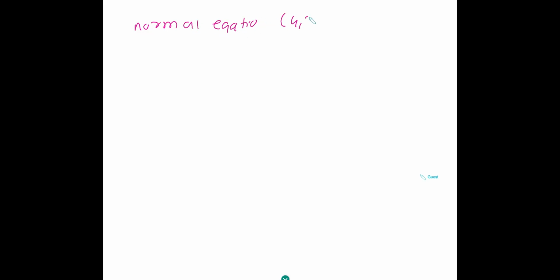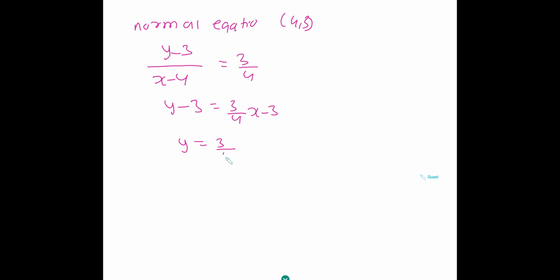Okay, so similarly, getting the normal equation at (4, 3): y minus 3 equals 3 over 4 times (x minus 4), and y minus 3 equals 3 over 4 x minus 3, and y equals 3 over 4 x. Okay, now getting